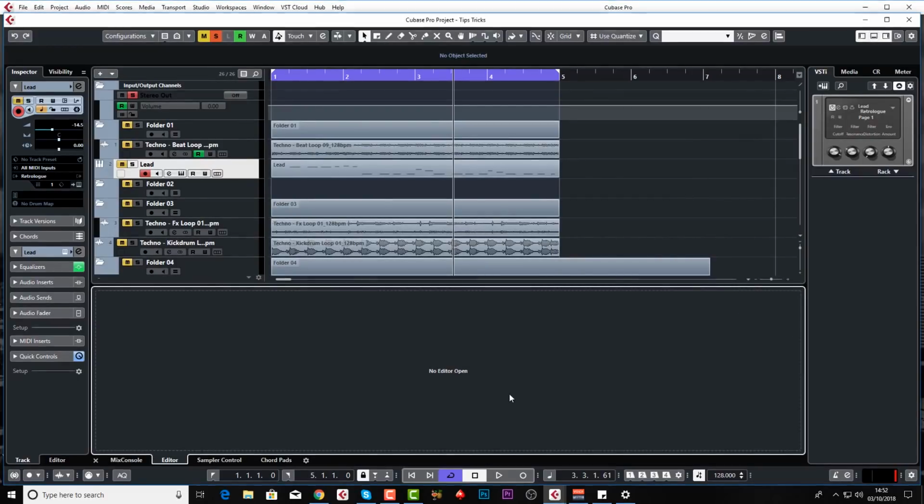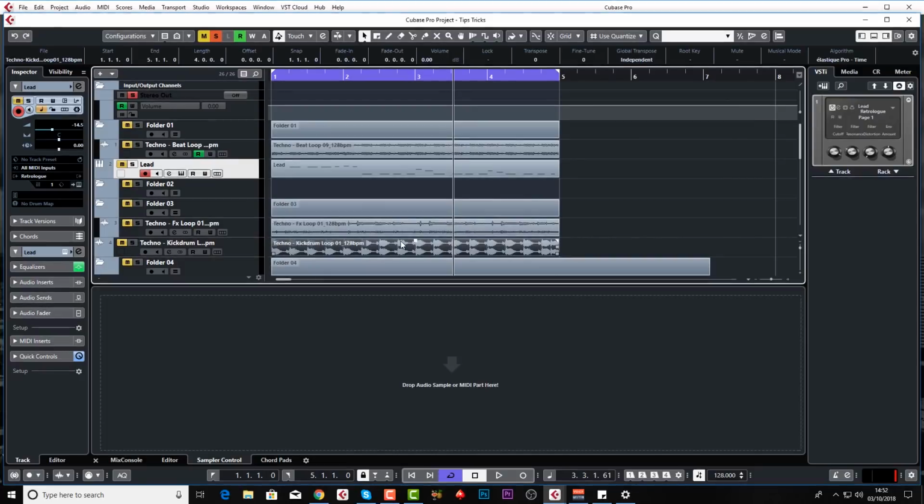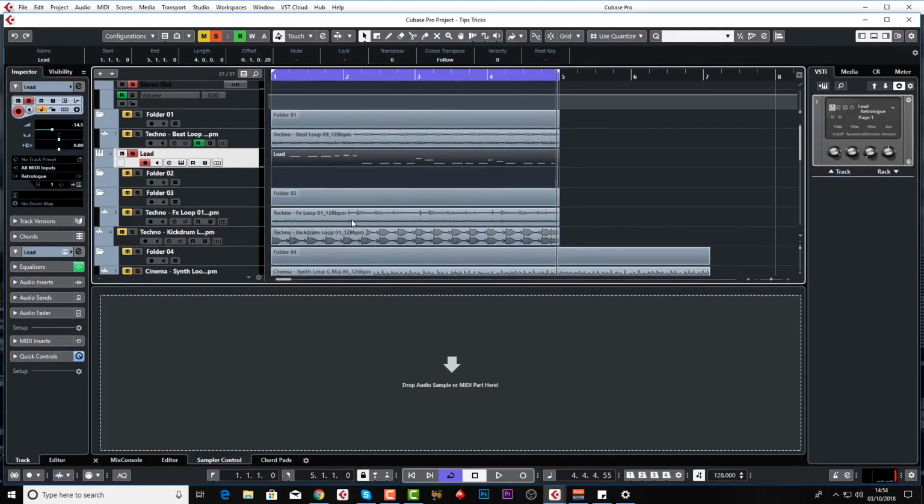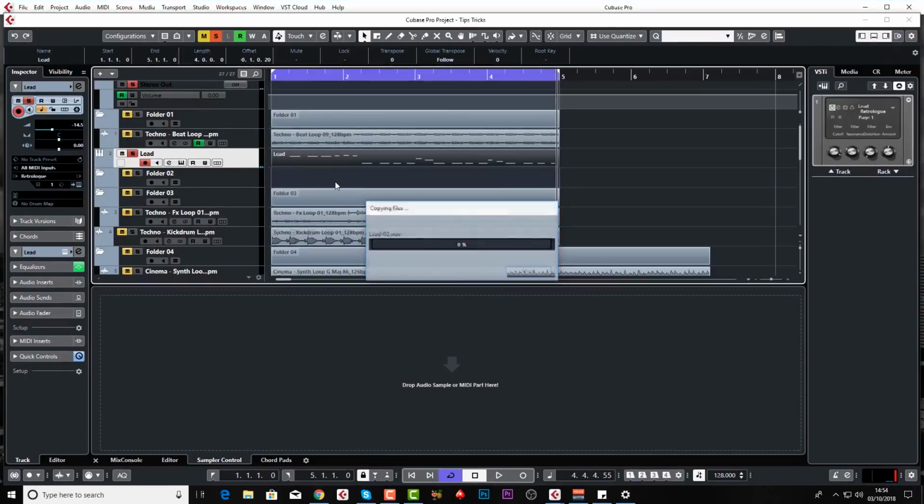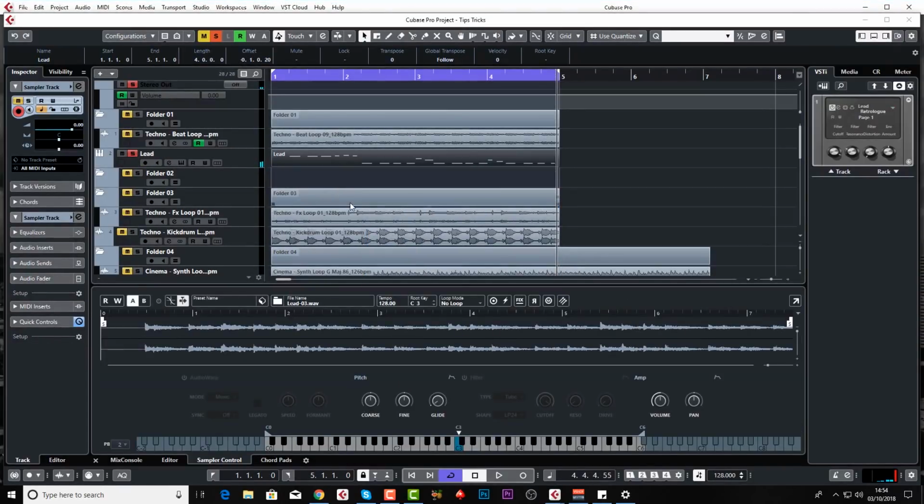My last tip is going to be on the sampler. And you all know that you can drag in audio to the sampler and obviously start messing around with it. But did you know you can actually drag in MIDI as well? And there we have it. It's bounced down the audio. So I dragged the MIDI file into the sampler. It's bounced down the audio, and now I can play this